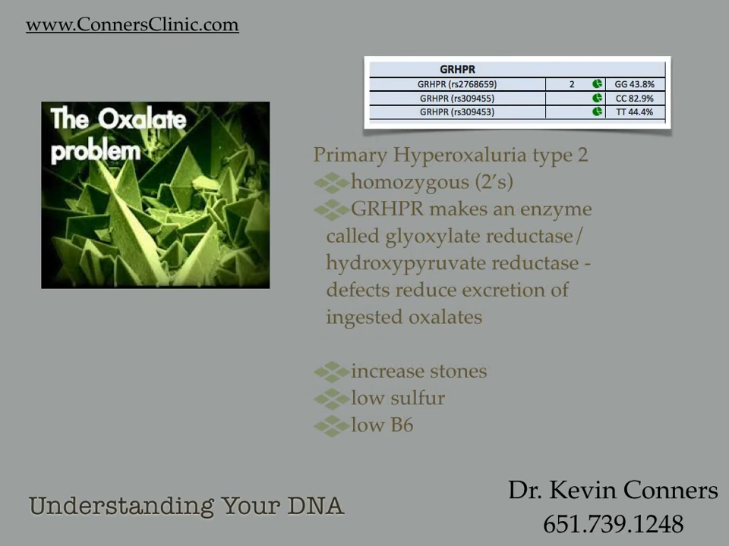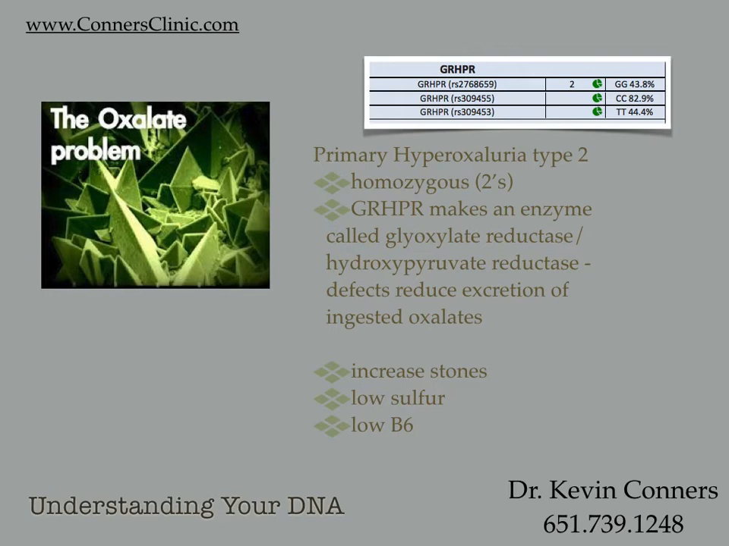The type 2 has to do with this GRHPR gene. This makes a specific enzyme that if you have defects in it, you reduce the excretion of ingested oxalate. So you are going to increase the absorption of oxalates, especially if you have any 2s in any of these genes. So any double allele defects in any of the GRH genes, you are going to increase absorption of ingested, so dietary oxalates, you are just going to quite easily absorb those,